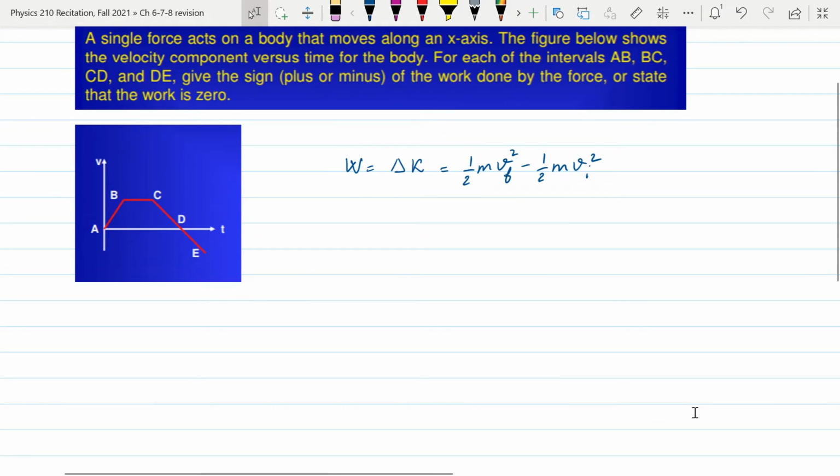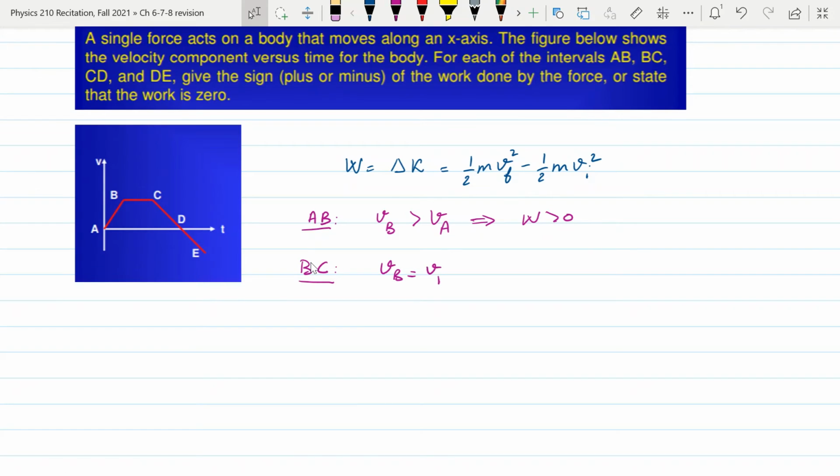Now, if we look at the intervals that we have here from A to B, we can see that the speed at B is larger than the speed at A, and so the work done is going to be positive. For the second interval, which is BC, we can see that the speed is the same, so this means that the change in kinetic energy will be equal to 0,